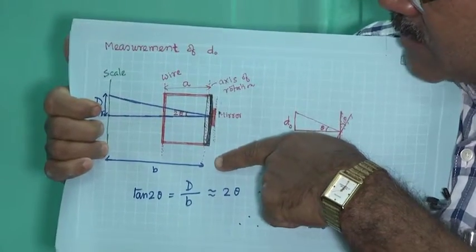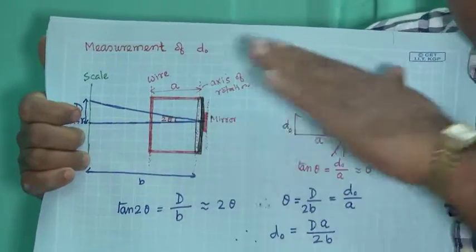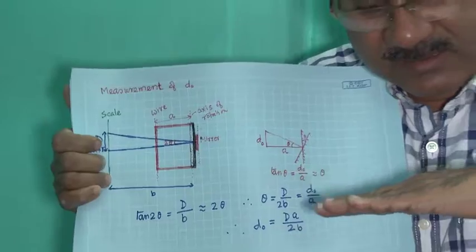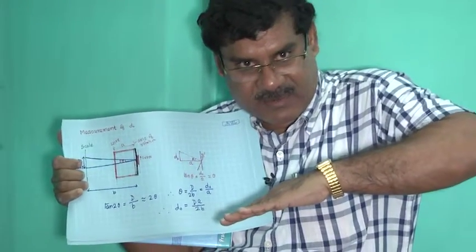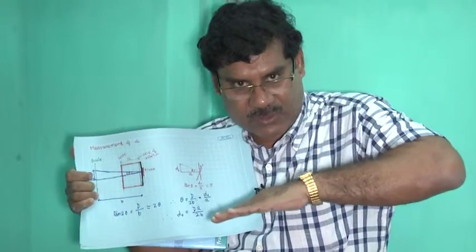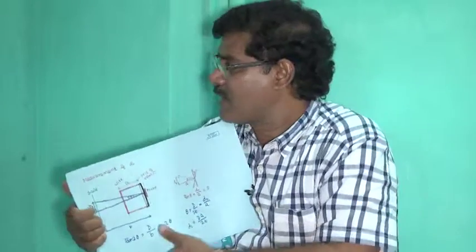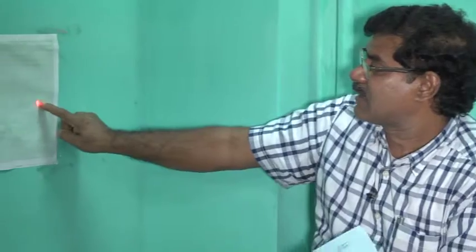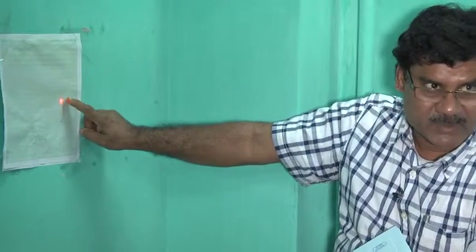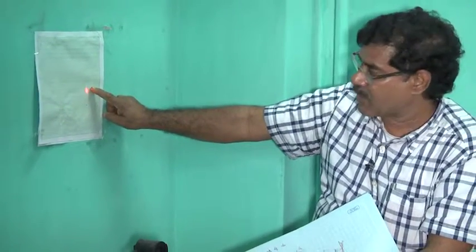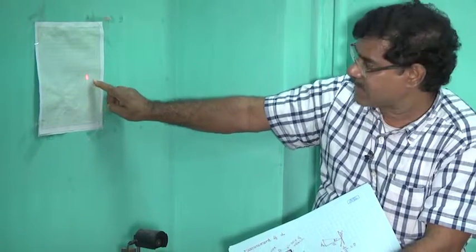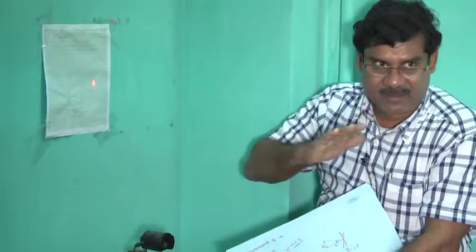Okay, so when it touches this bottom wire, that means it rotates, and then the mirror also rotates. So, if the mirror rotates, with respect to when it was here, now the mirror rotates by angle theta, because of that then